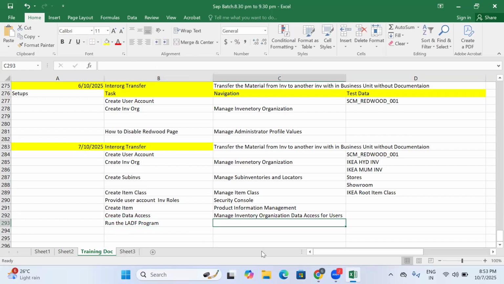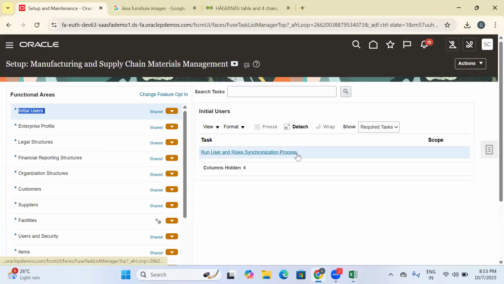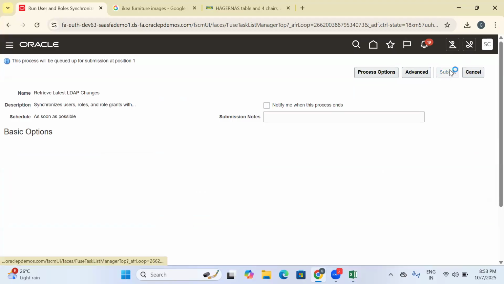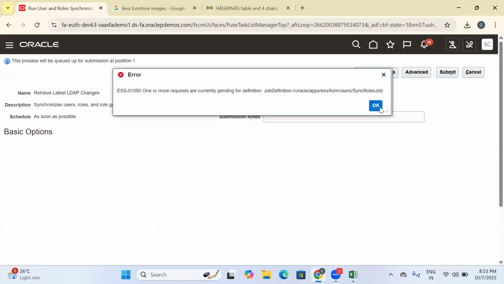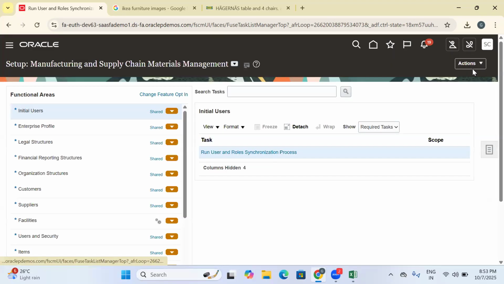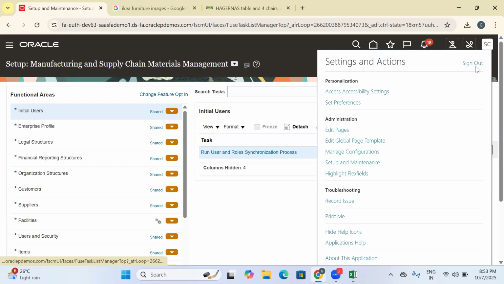So run the LDAP program. Why? Because just now we created this, right? So go to the initial users, click on this, run user account role and synchronization program. Okay, just submit it. If any errors are coming, don't take too much stress on this. Okay, click on cancel, just log out